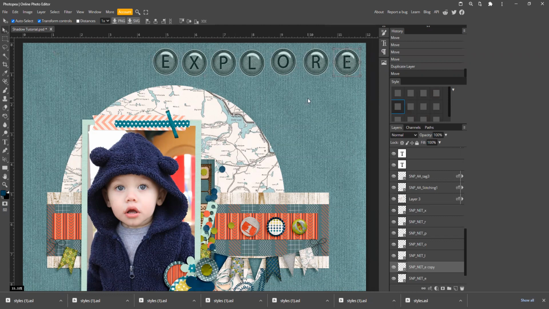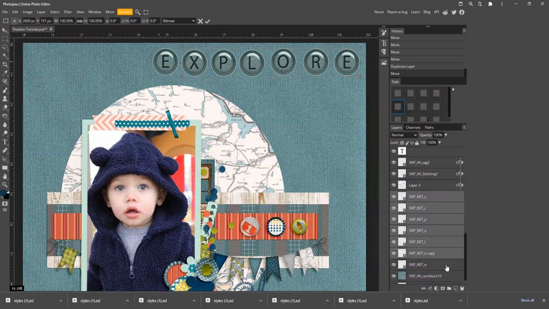lined up. Now this font is a little bit easier to use because it's symmetrical, and so you don't have to worry about a letter being taller or shorter than another one. So this works perfectly when you're doing your alignment. So I'm going to select the E, and then I'm going to hold my shift and select each of the other letters that I want to use. And that one's not letting me, so I'm going to just go over here to my layers panel and select